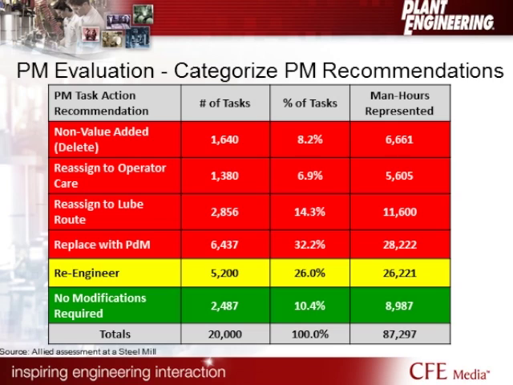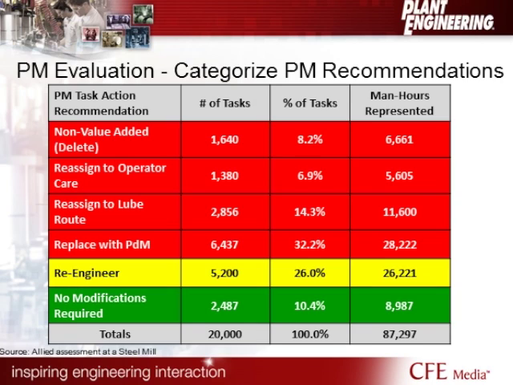So in doing that, by going through that process, we're getting the data, we're identifying the defects, but we're doing it without downtime. Of course, that's a big deal for operations, because now, in the current state, when you do an invasive PM, you're taking that piece of equipment down, you possibly are taking it apart, you could be introducing infant mortality issues to it as you go through that process. So by using these predictive tools, we're able to take a look into that asset, identify those defects, understand that asset health, and do all of that while the equipment is still running. So you see 32% of their tasks needed to be moved over to a predictive maintenance task, and many of those can be done in less time with a PdM tool.